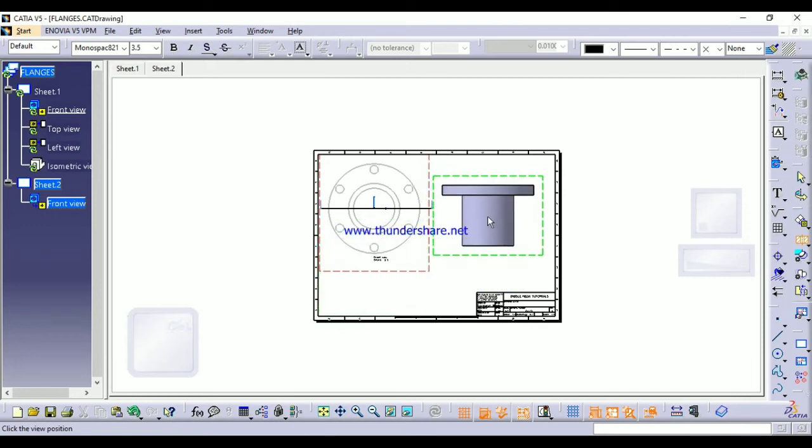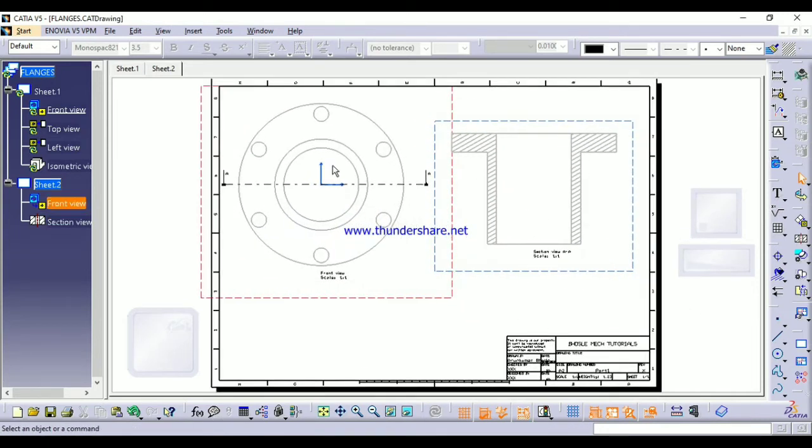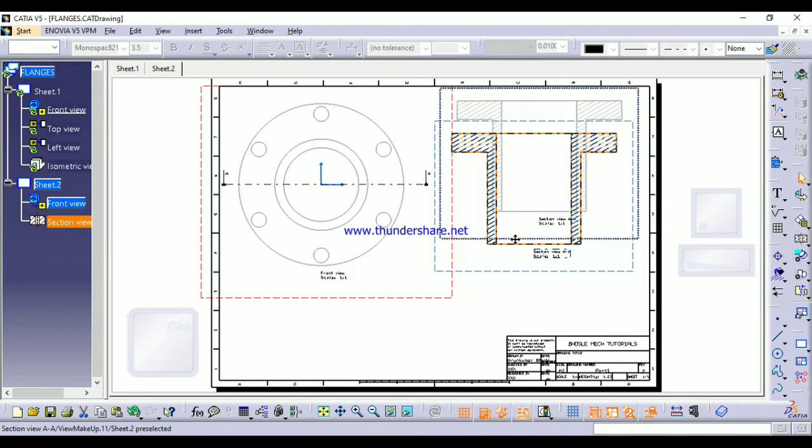See friends, place it where you want. Like this we got the offset view. Fit to page. Like this we got the offset view, and place it where you want.